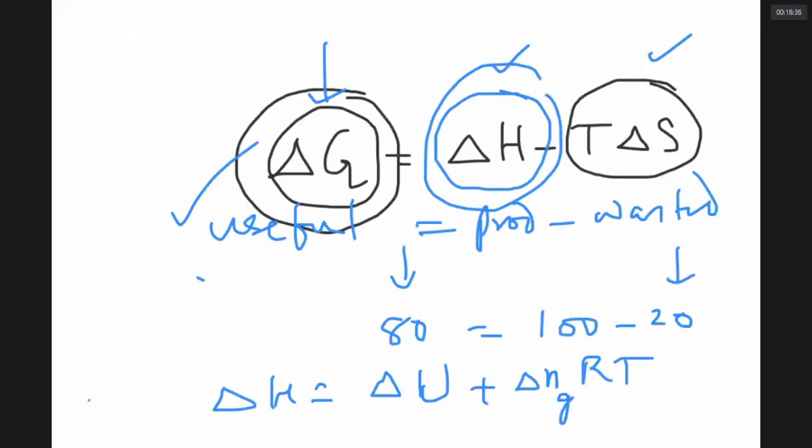What is delta G? Delta G is the useful part, the useful energy, in any process. Whenever something is done, something is wasted. Notice wastage is a rule of thumb. When your mother is trying to make chicken curry, all the chicken your dad brought cannot be cooked. A part is wasted. Whenever you are eating an ice cream, you will be surprised to notice that all the ice cream which you buy, you are not going to eat. A part of it will be wasted.